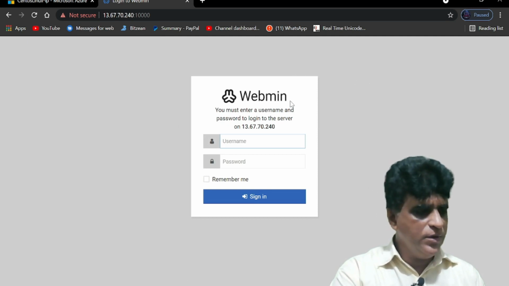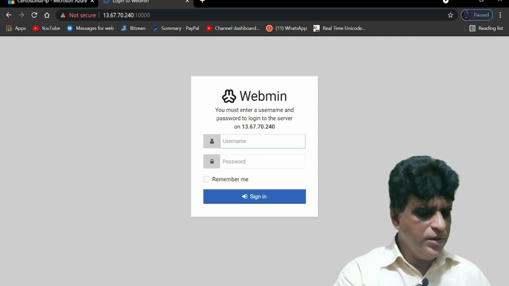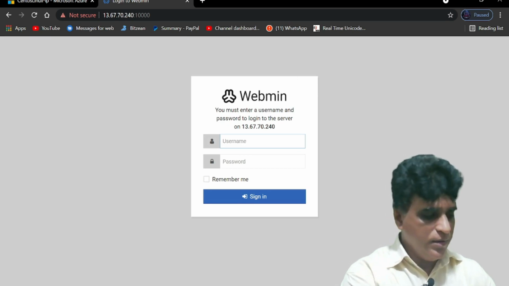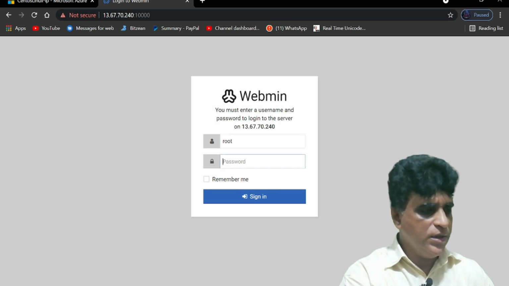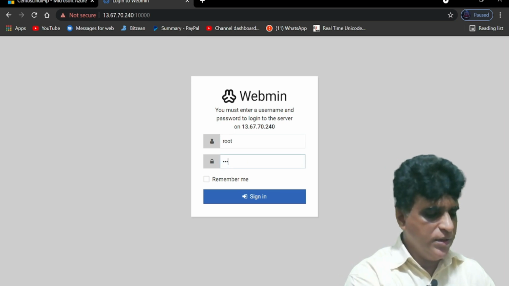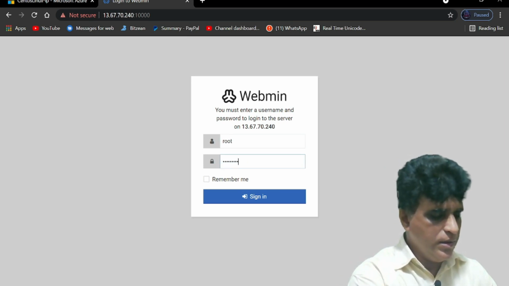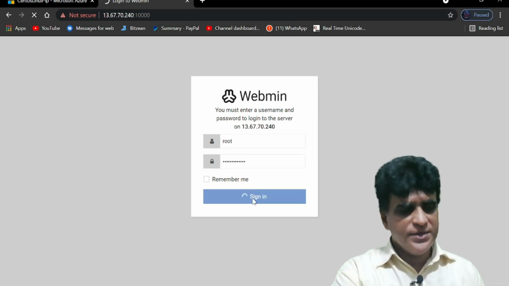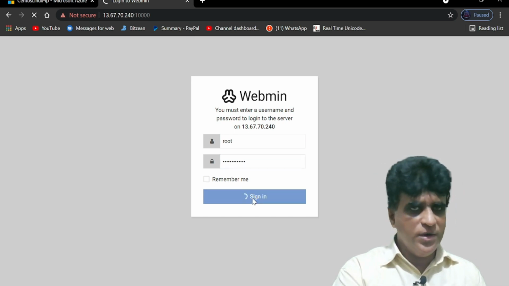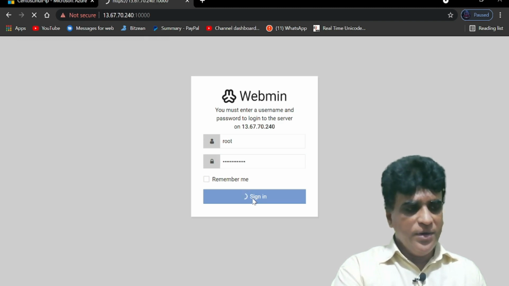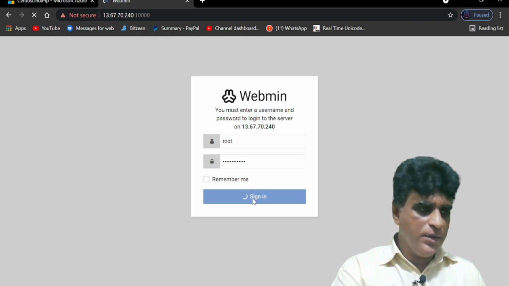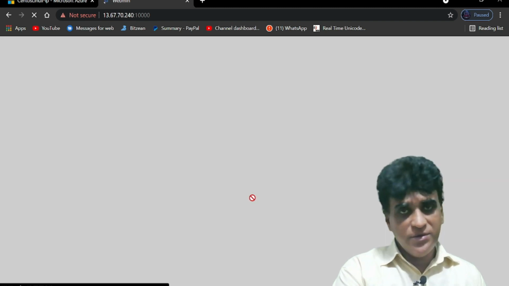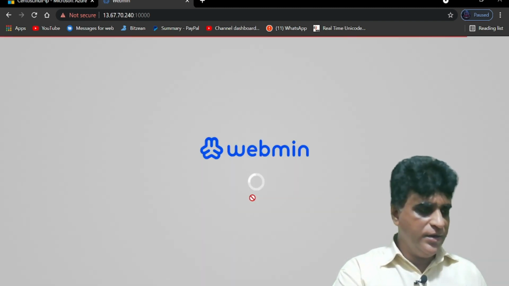Then I am going to enter my root username and password here. I have entered the password and say sign in. Then there is login into the webmin portal. Inside you can manage your Linux server. Right, now that's logged in.